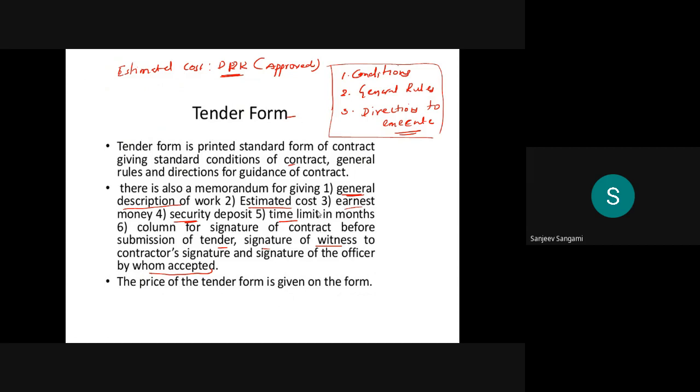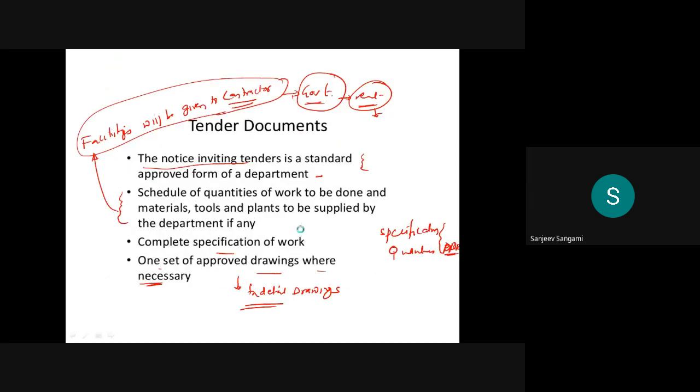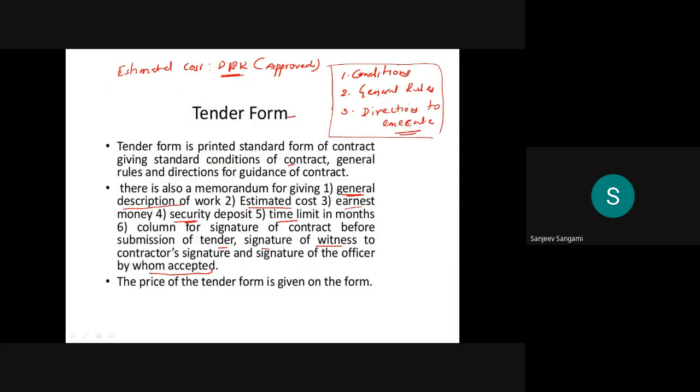Then there is a column for the signature of the contractor before submission of this tender, then the signature of the witness to the contractor's signature, and the signature of the officer by whom it is accepted. Then the price of the tender form is also given in the form. So these are all the things that will be there in the tender form.